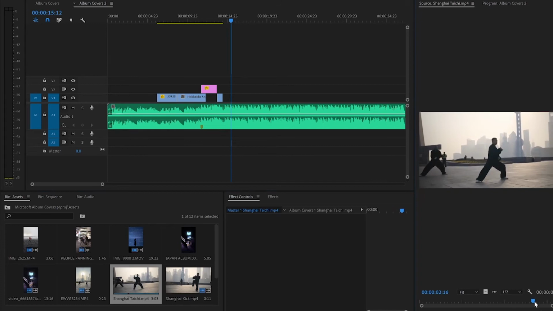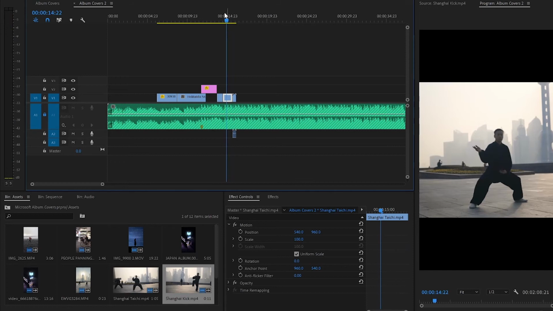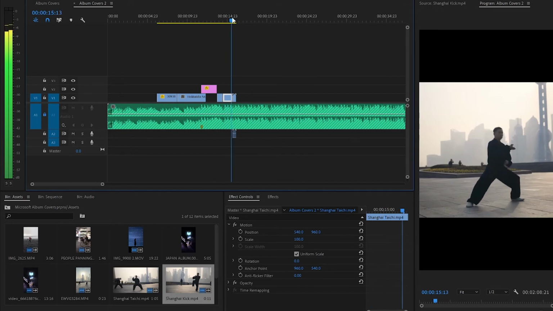So this clip, I want to get the point where he's swinging his arm like that. So I'm going to press I for in, O for out when he finishes his swipe, and then we're going to drag that clip onto the timeline. As you can see, he's not centered and the size of the clip isn't correct. So previously we did this manually and resized it and repositioned it, but I'm going to go to an effect which does it automatically for you.